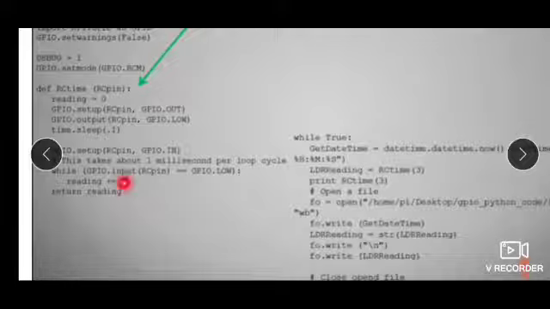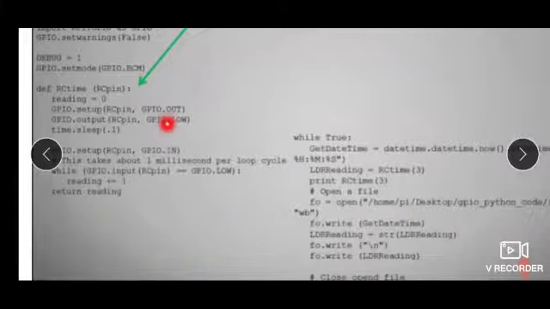Until it becomes high, the reading keeps incrementing by 1. After the GPIO becomes high, that reading value will be sent as the output of the function, the return value of the function.